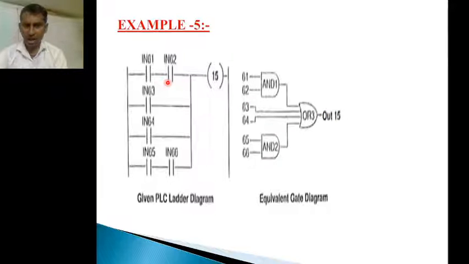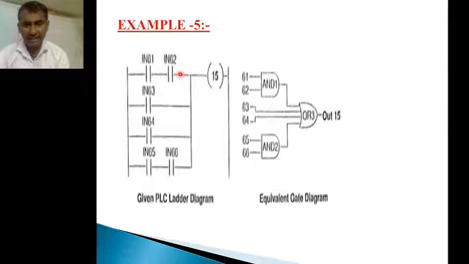So here these are the various combinations. What are those various combinations? This is one combination, this is one combination, and this is one combination, and every individual combination again has different relations. So in the first combination, both are connected in series. Both connected in series means we have to write in what manner? AND gate. If you have to represent the series, definitely we can go for the AND gate.